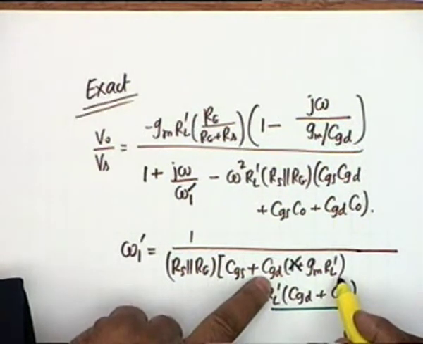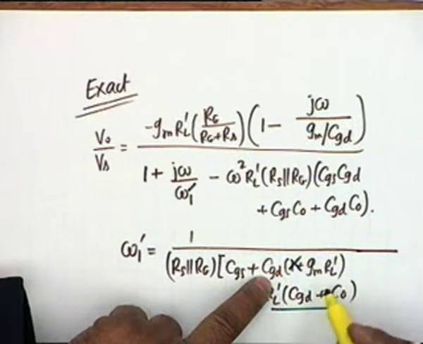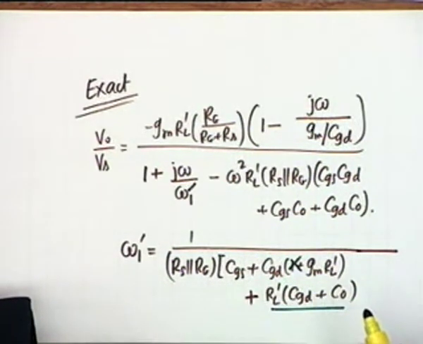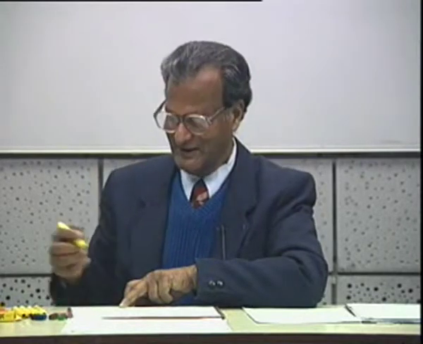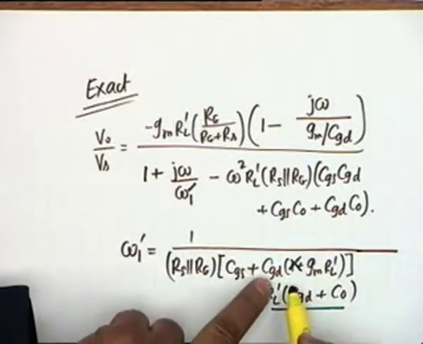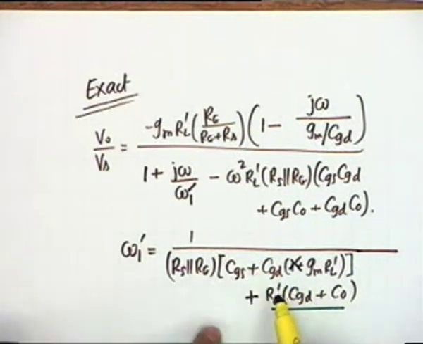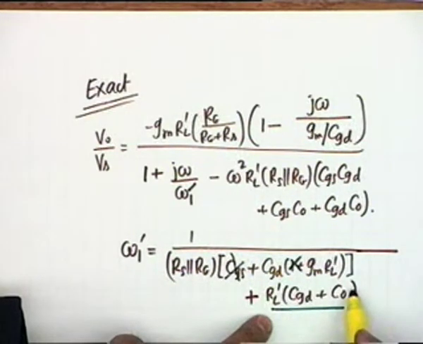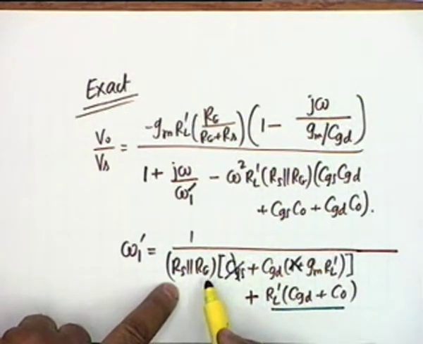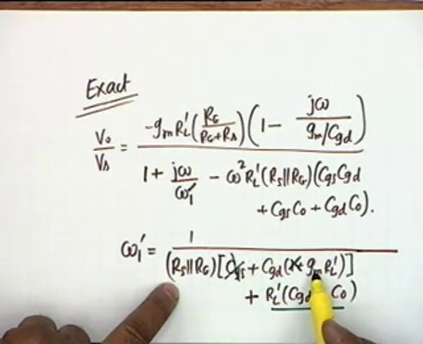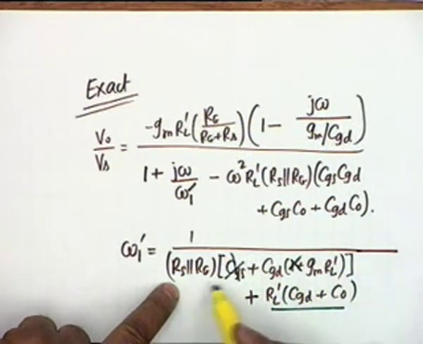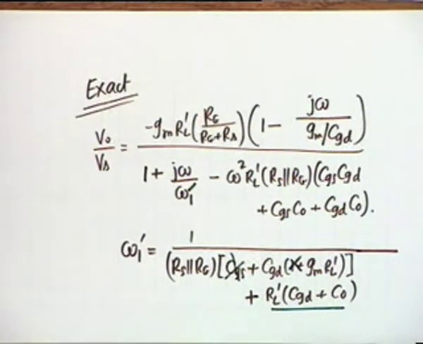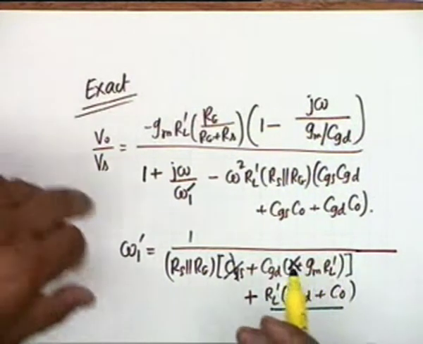And you know the Miller capacitance swamps the total. Where does this bracket close? Square bracket. It must close here. Where else can it close? It must close here. Okay. We can ignore 1 and then CGD GM RL prime will swamp CGS. So we can ignore CGS. What I want is that this term should be small compared to RS parallel RG multiplied by CGD multiplied by GM RL prime. You see, what was the purpose of this simplification? To cross out RL prime.